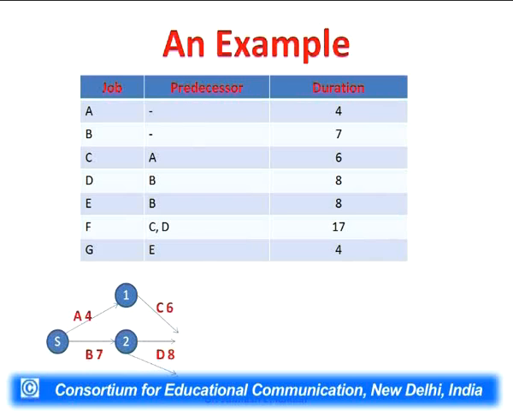Okay, and then we see that there are two activities which are coming out from the activity B. The activity E is also after B, so we will mention activity E also on one of the arrows. E is mentioned with a duration of 8, and now we will mention that nodes also. That node number 3, where C and D activities are terminating, and from 3 we see that activity F has C and D 2 activities before it. So after C and D we will mention the activity F. Arrow has been drawn there and the activity F will be shown here.